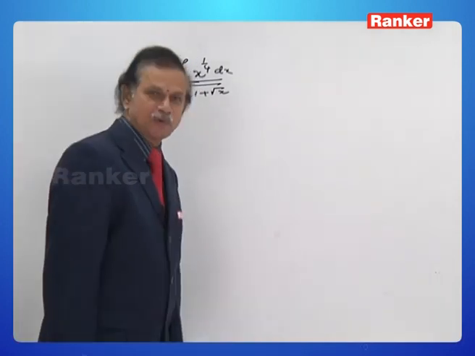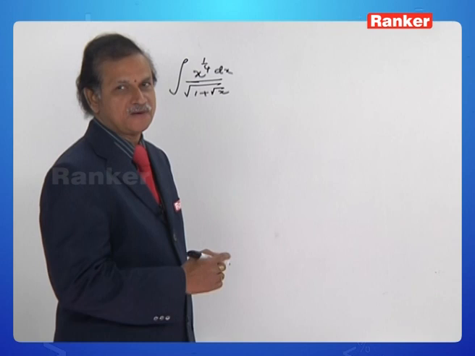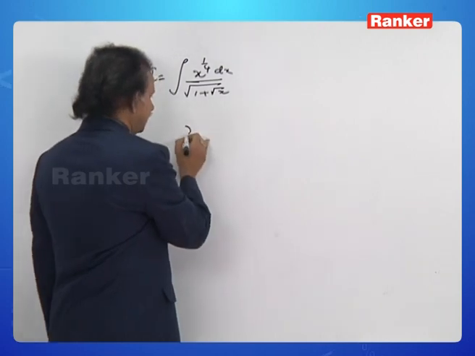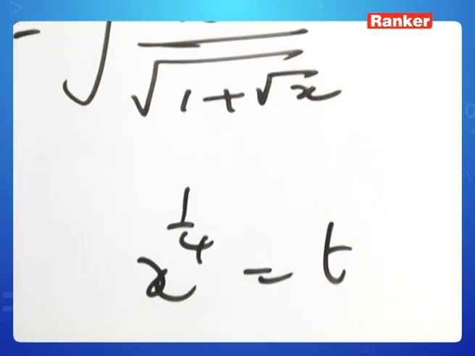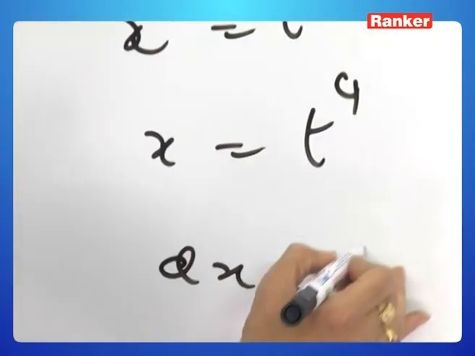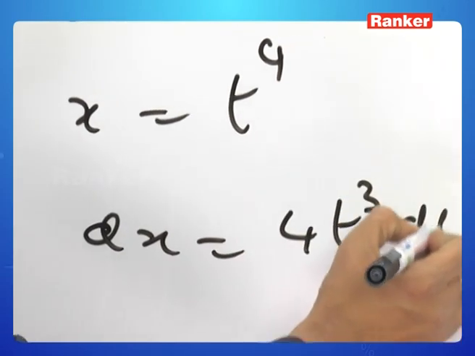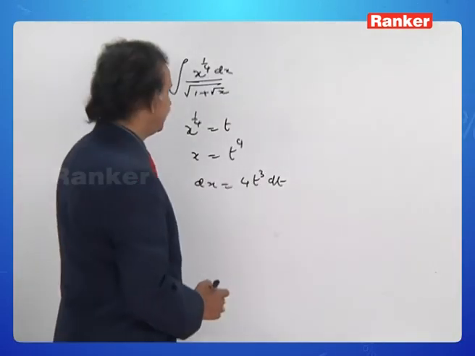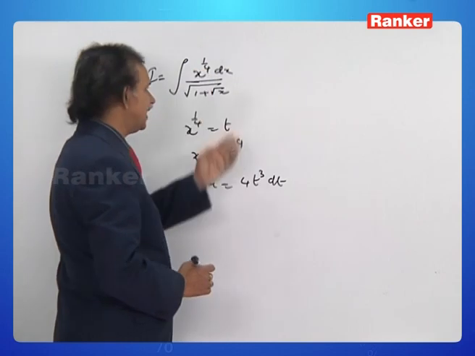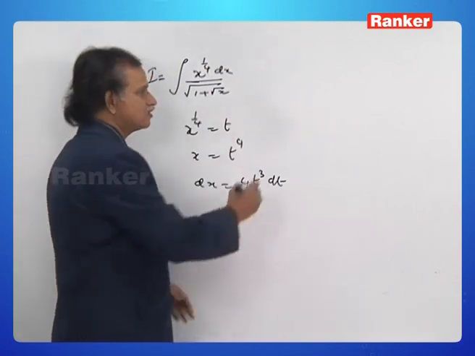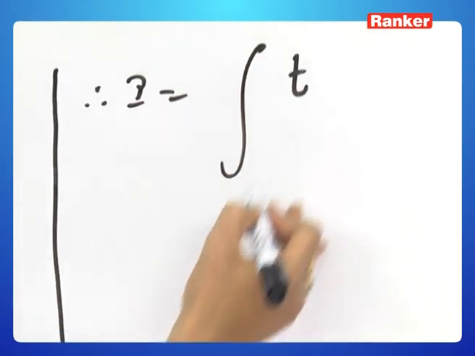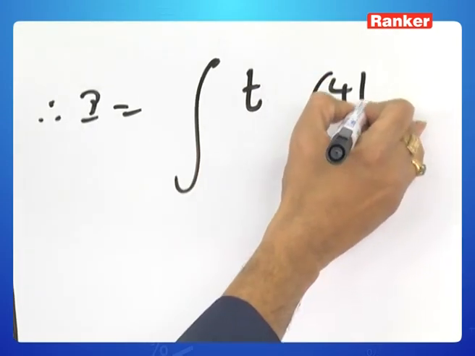Of course, in this problem, we take x power 1 by 4 is equal to t. So that x is equal to t to the power of 4, which implies dx is therefore 4t cube dt. Okay, in the place of dx we have 4t cube dt. In the place of x power 1 by 4 we have t, and root x, what happens to the fate of root x? Therefore, I is equal to x power 1 by 4, it is t, dx, it is 4t cube dt